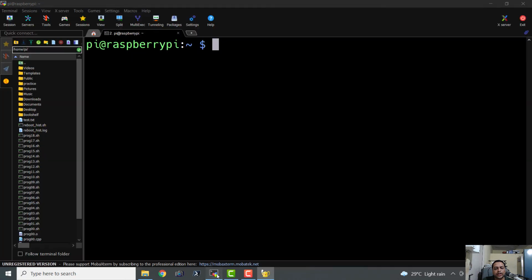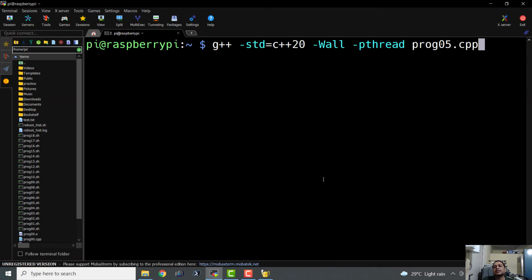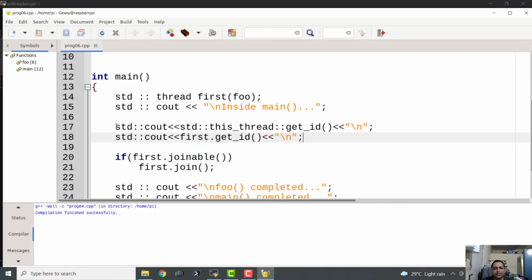Now let us go ahead and compile this, prog06.cpp. So the very first line that we have added is the parent thread ID, and this is the child thread ID. So this is the thread ID of the main program.